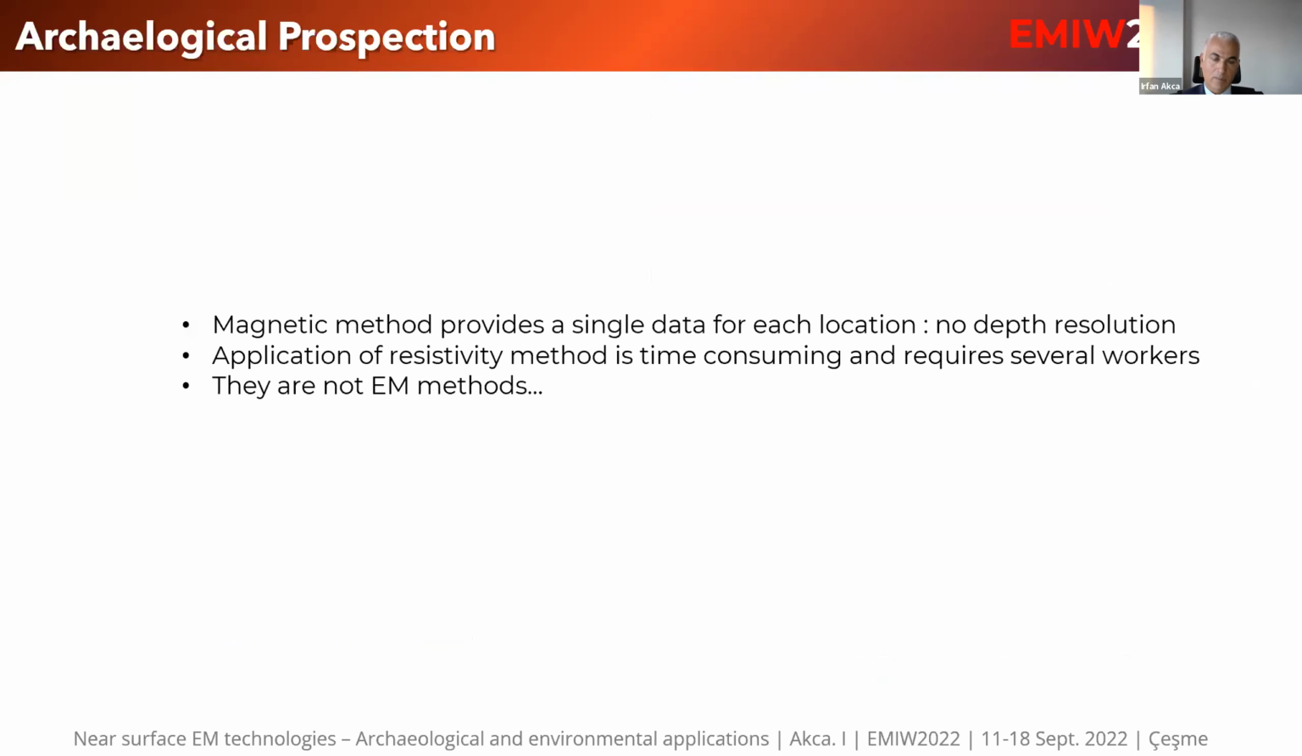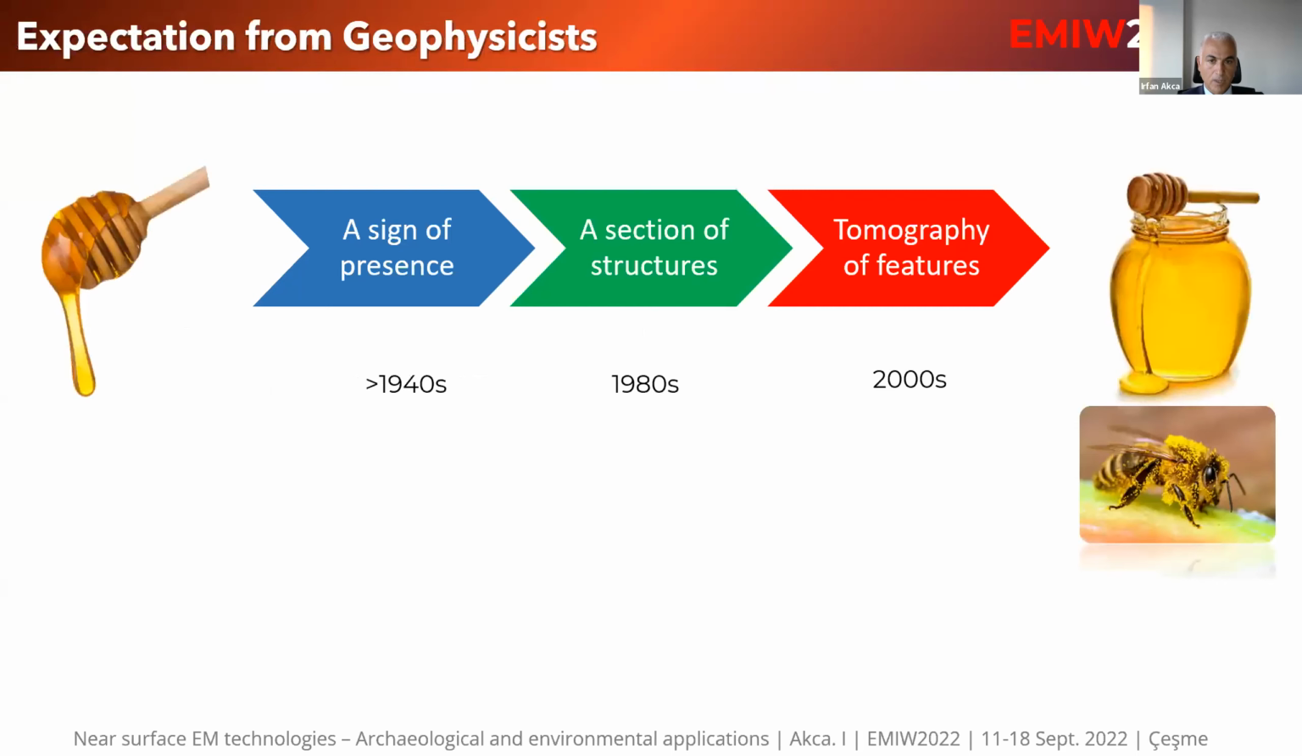Okay, resistivity and magnetic methods really make good support to explore archaeological places, but our topic is related to EM, electromagnetic methods. They have some drawbacks also, because magnetic methods do not provide depth information, and application of the resistivity method is time-consuming and requires labor. Several workers are needed to scan a large area. So let's continue